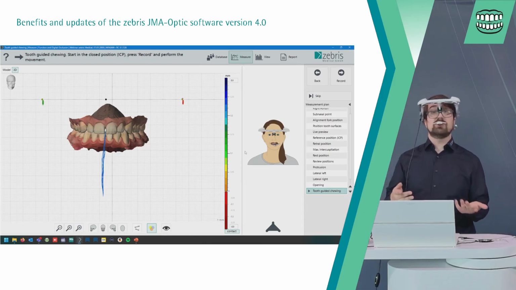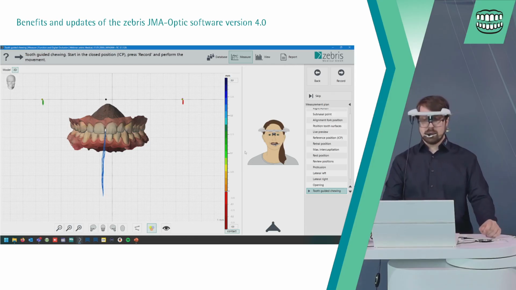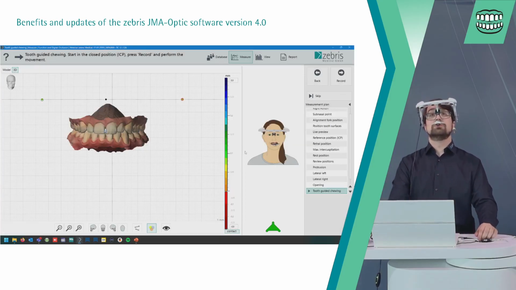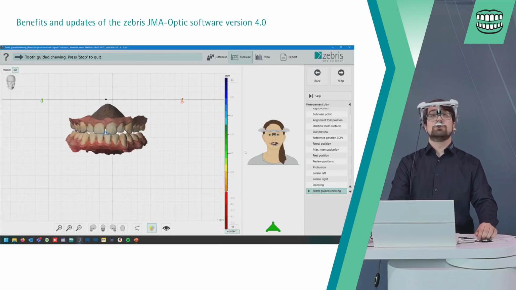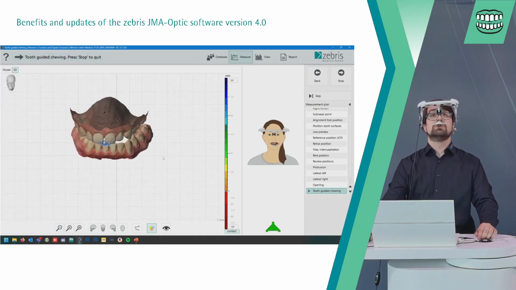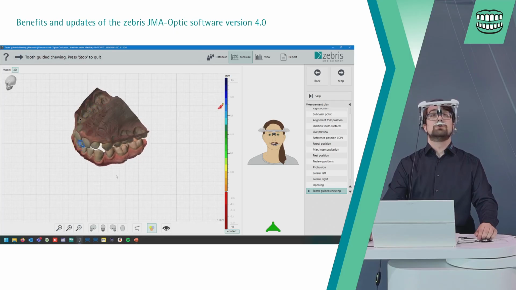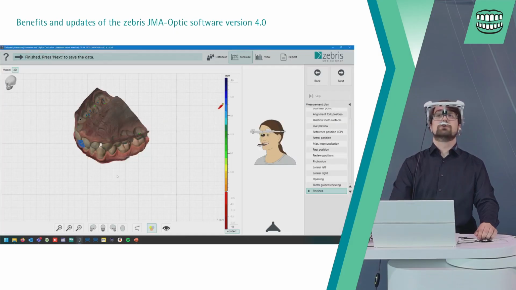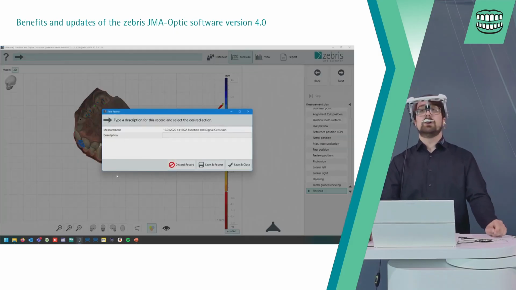So our dental technician can use these movements to dynamically grind in your prosthetic work. And so we are finished. We save everything.